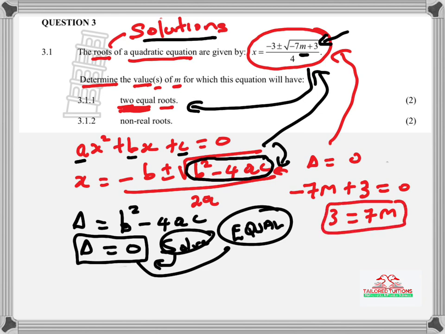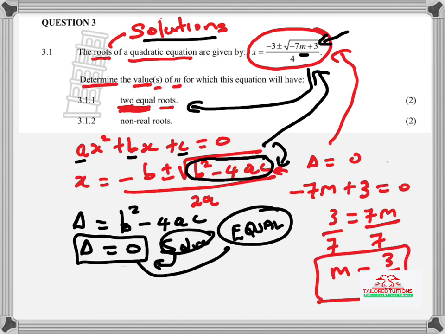I'm transposing 7m because I hate working with a negative number. So after transposing 7m, then I can divide by 7 both sides, and then the value of m is equal to what? Is equal to 3/7. So we are having just one value here that will make this